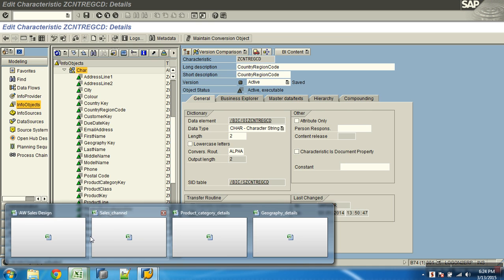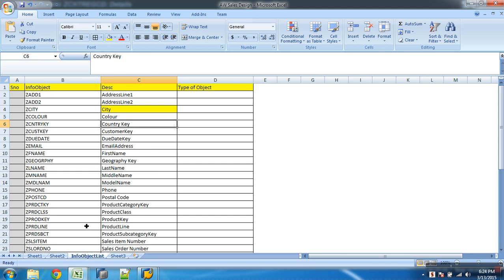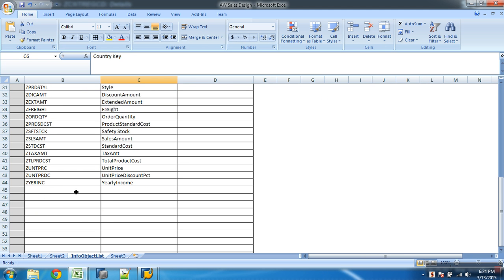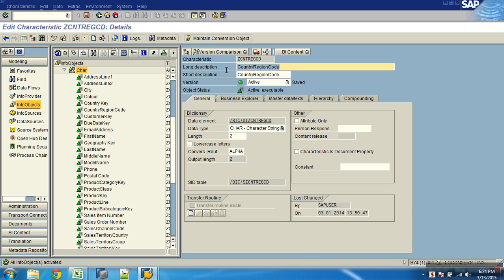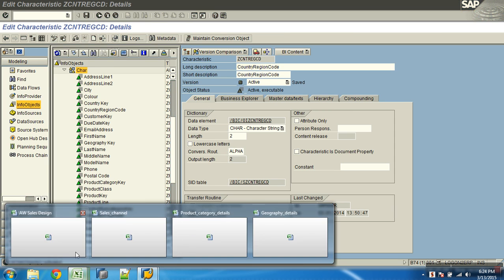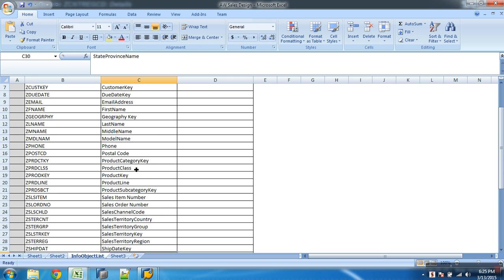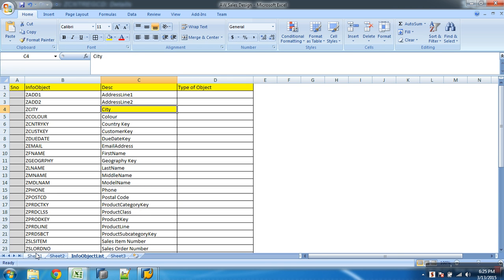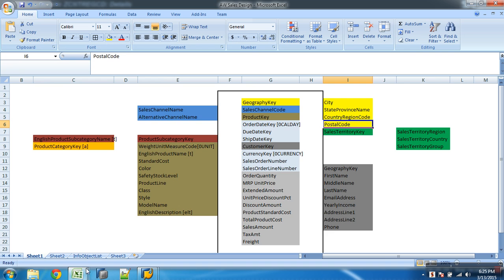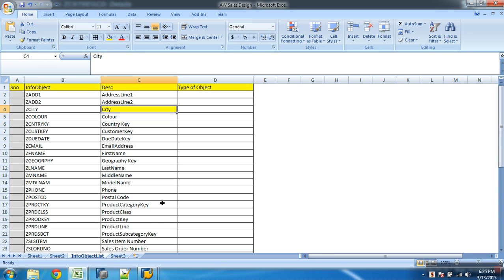Let me take this into the Excel. Country region code. So again, you want this as an attribute. Country region code, state province name, and then city. What else? Postal code. I think I have this. What is postal code?